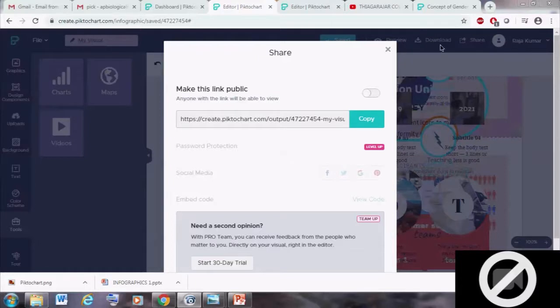In other platforms like Canva, Infogram, Infographia, we can use the free version also.